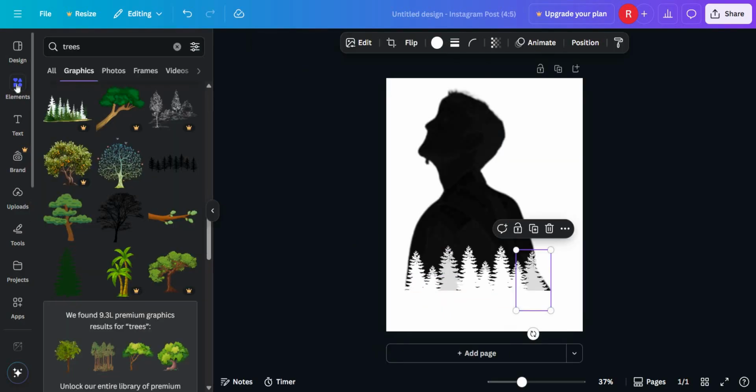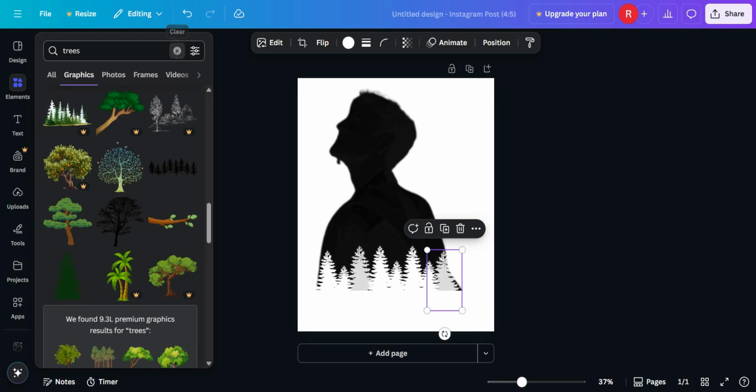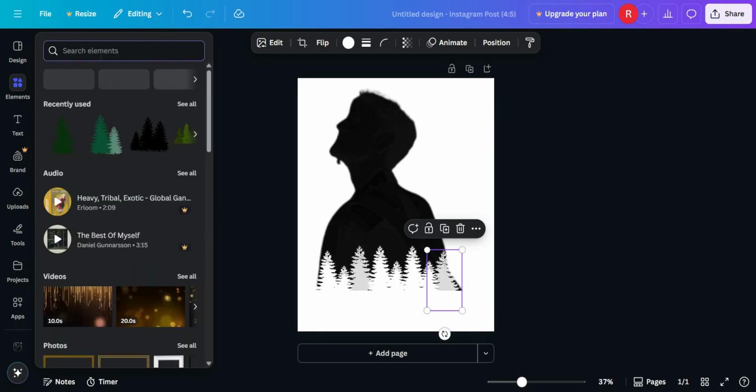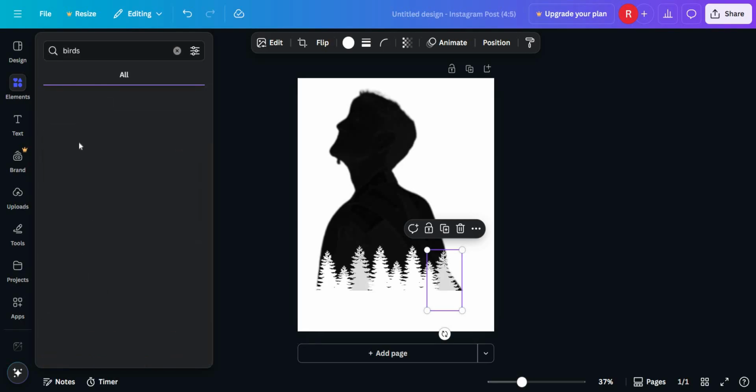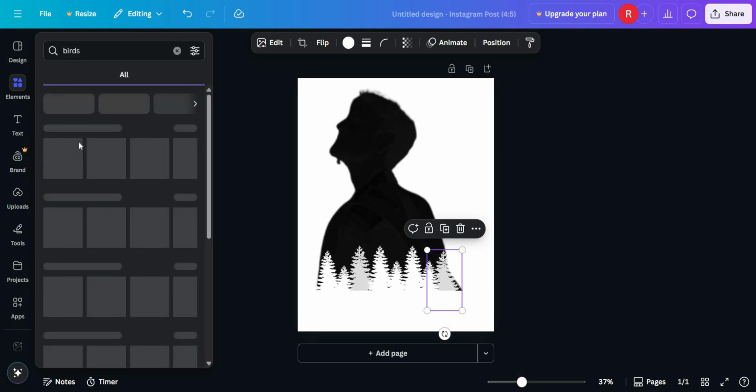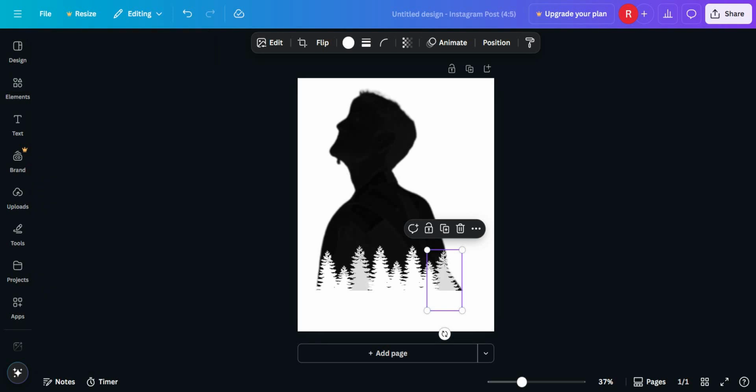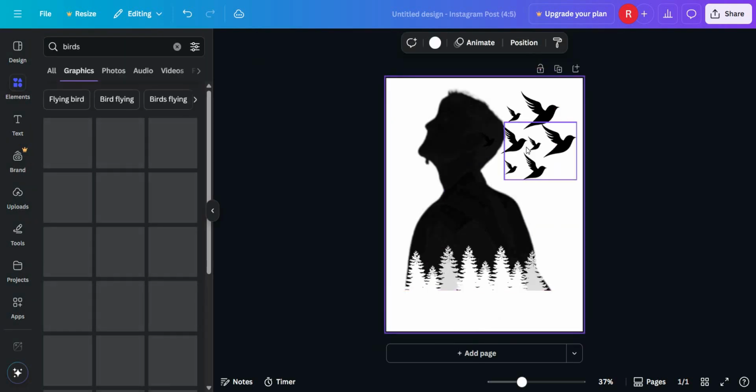Like this and go to elements, type birds, using these elements in birds, place it here and go to share,